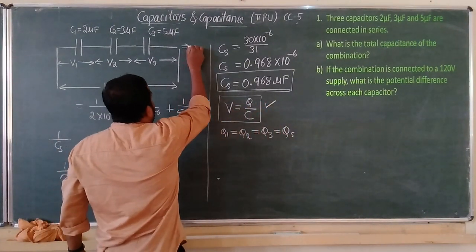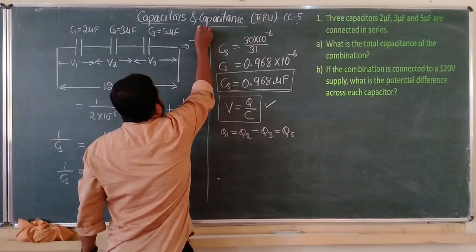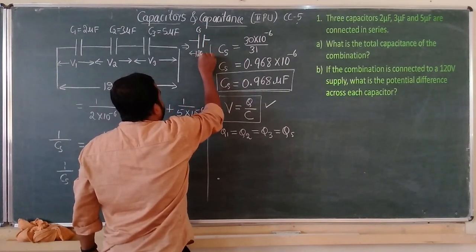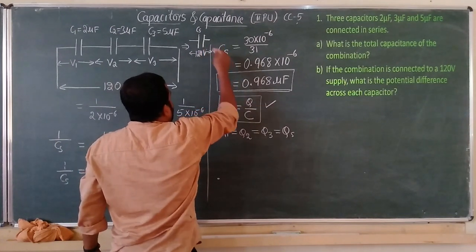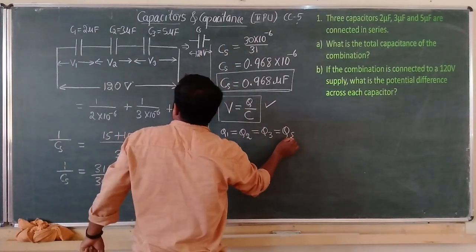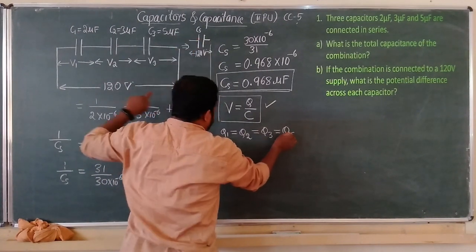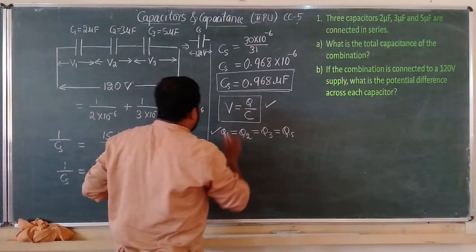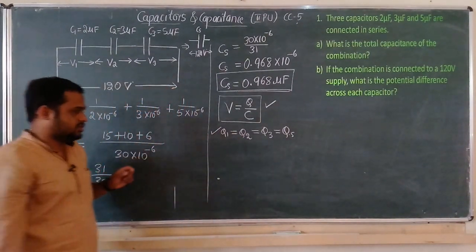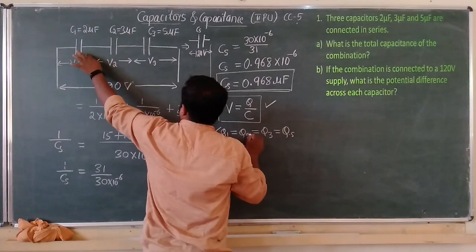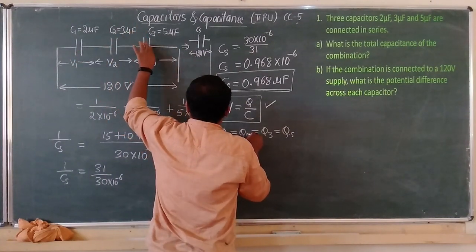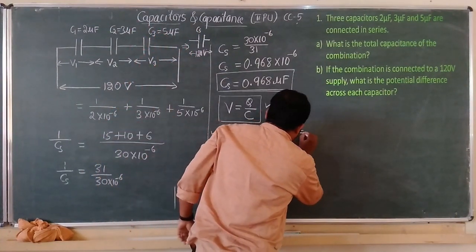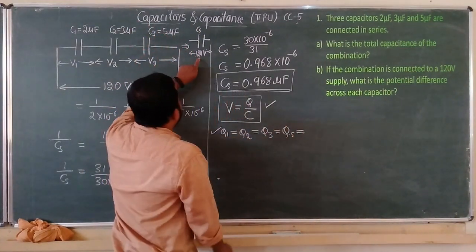Now if you replace this combination by a single capacitor of capacitance Cs, and connect it to 120 volt, then the amount of charge stored in this capacitor will be equal to the charge stored in the individual capacitors. This is the important property in case of series combination. So the charge stored in each and in the effective capacitance is the same. Therefore, this can be written as Qs is equal to